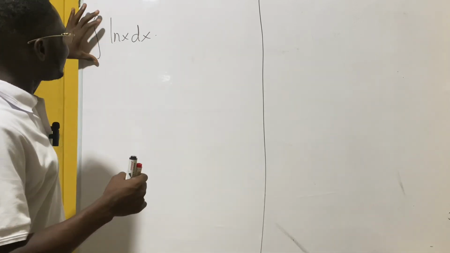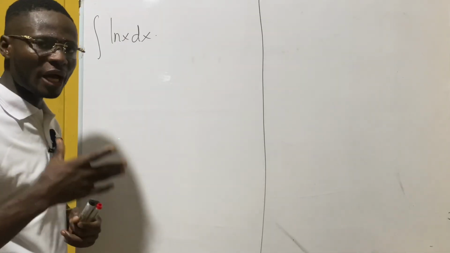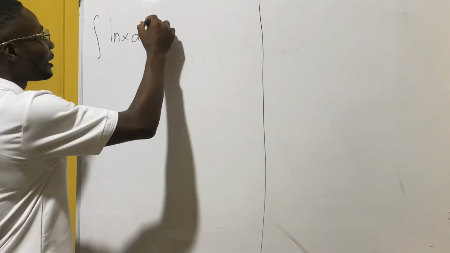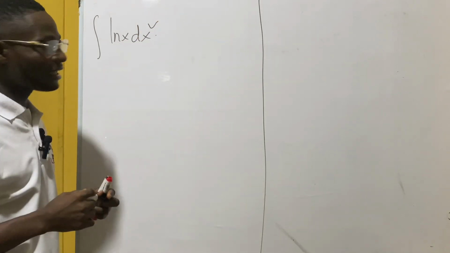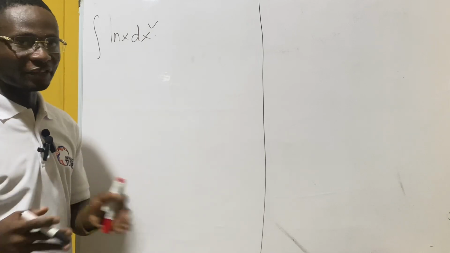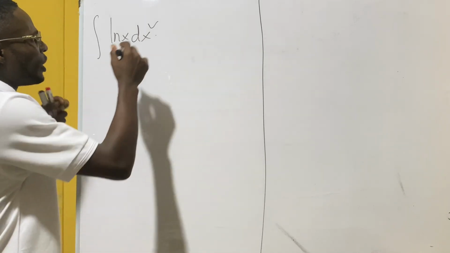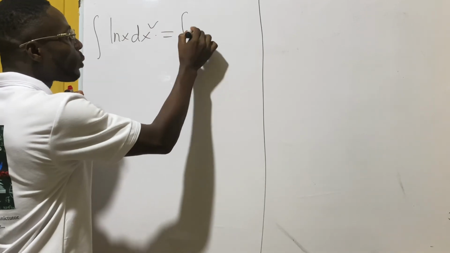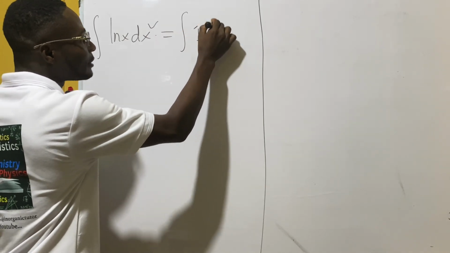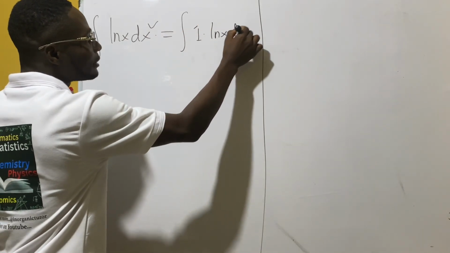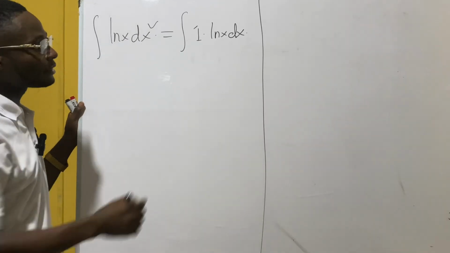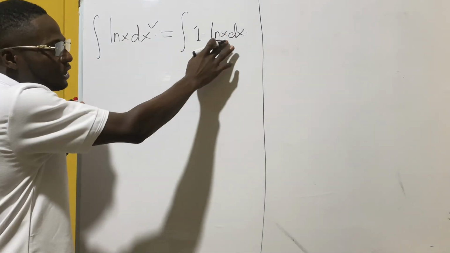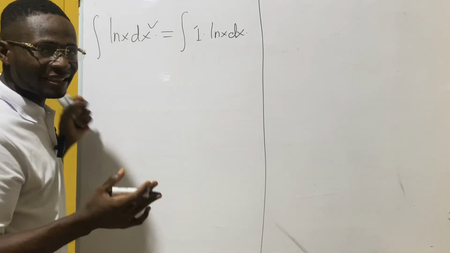So here, we have to employ the knowledge of integration by parts, because we can't just pick the function and integrate straight away, because in disguise this function is just 1 times ln x dx, right? So this means that you can't integrate